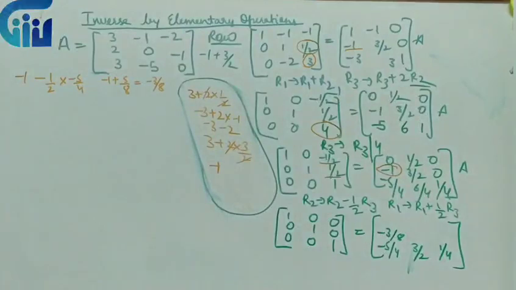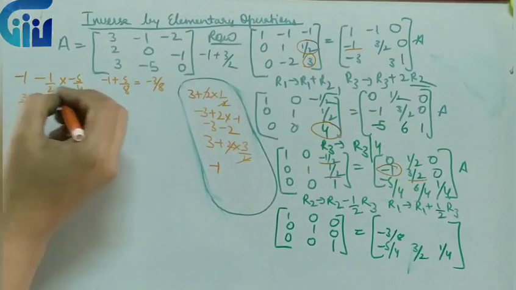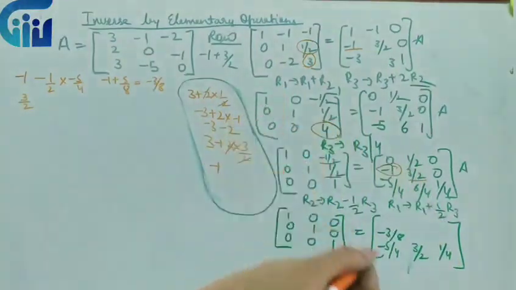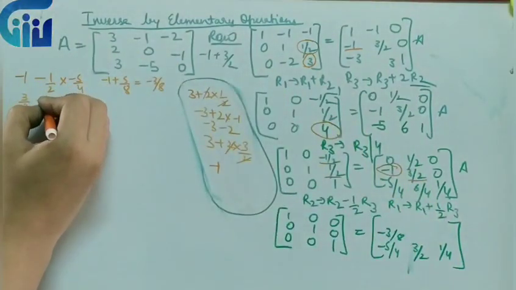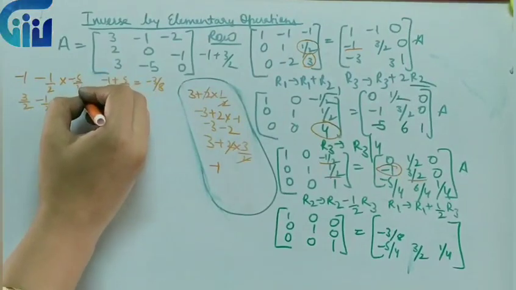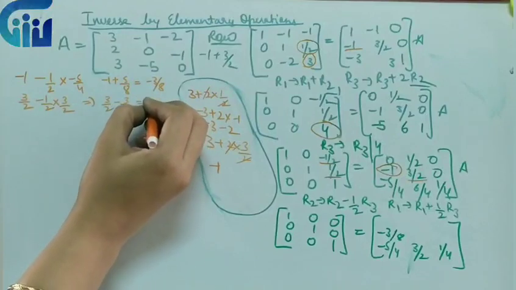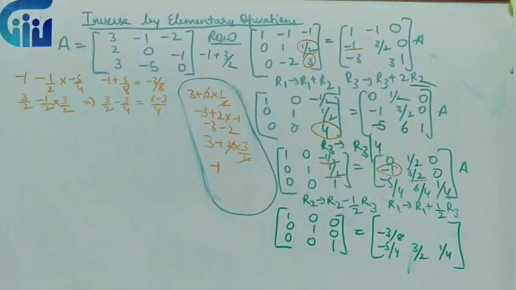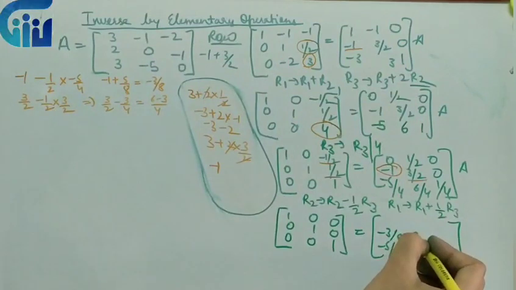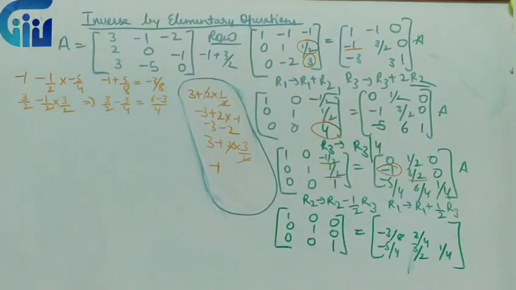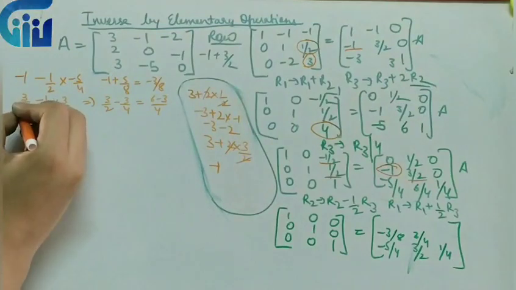Now what is the next thing? What is the next R2? Next R2 is 3 by 2. What is the corresponding R3? 3 by 2. So minus 1 by 2 into 3 by 2. So this is 3 by 2 minus 3 by 4. If I subtract, what will I get? That is 3 by 4. So I'll write 3 by 4 over here. When you reach this particular step, the calculation will appear to be complicated, but if you do it stepwise and neatly, you will ultimately arrive at the final answer.